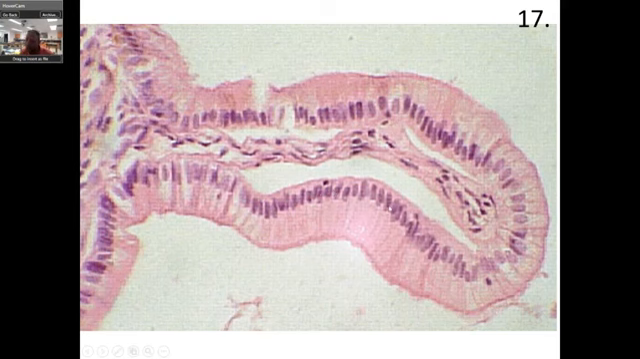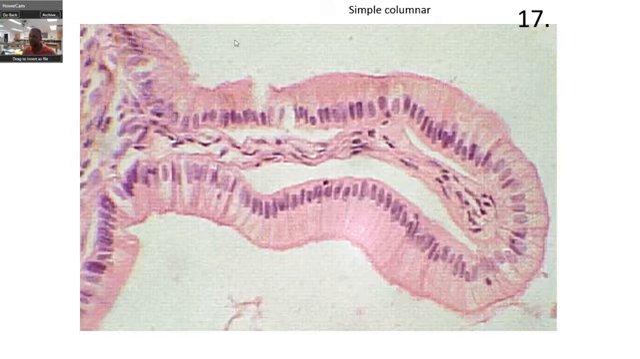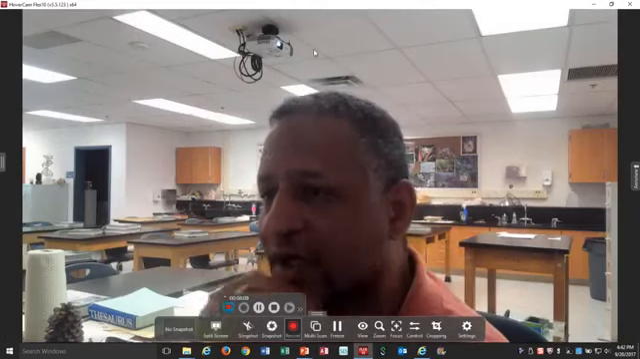Notice the nuclei. And actually, this is the lumen. This is the lumen. This is the connective tissue. So that makes this simple columnar. So let's get a frame of reference for this. This is connective tissue. This whole thing, if you were looking at a cross section of the small intestines, what